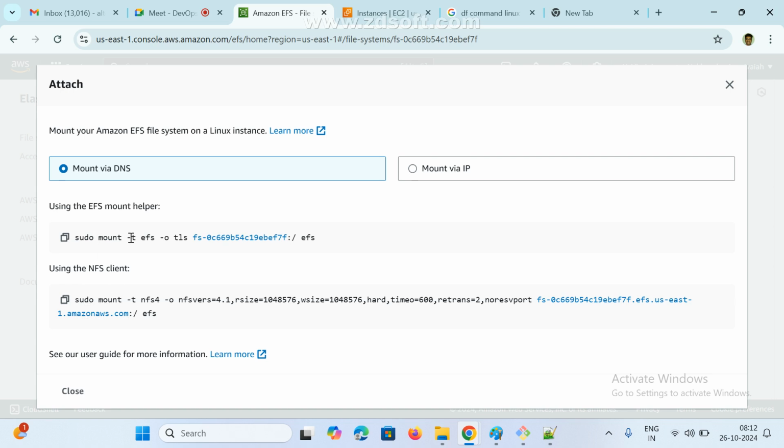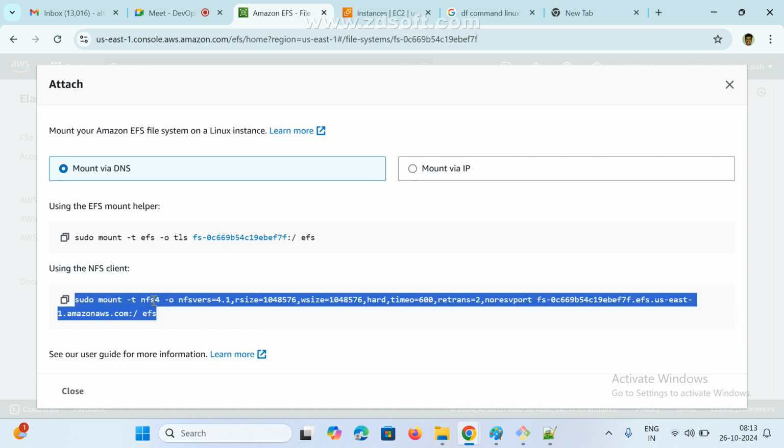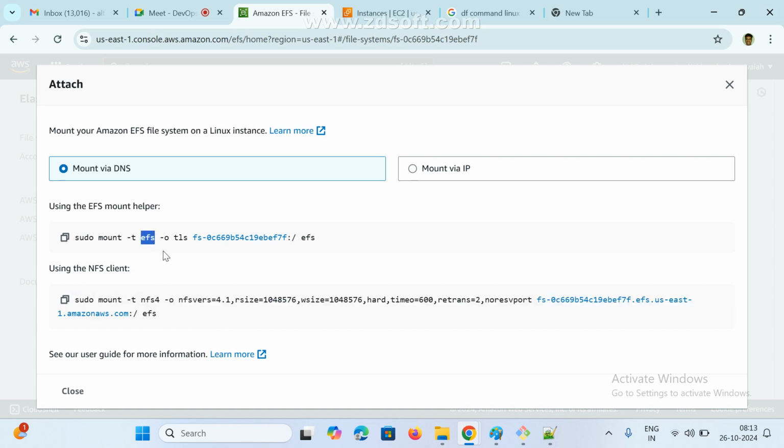The only difference is this one is via network files and all. This one is directly connecting. The file system format is the only difference. Clear guys? So that's it from